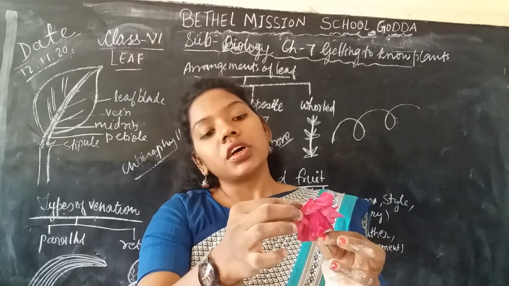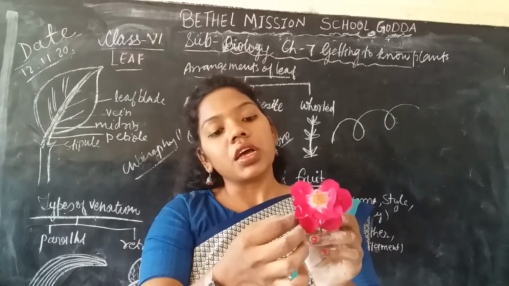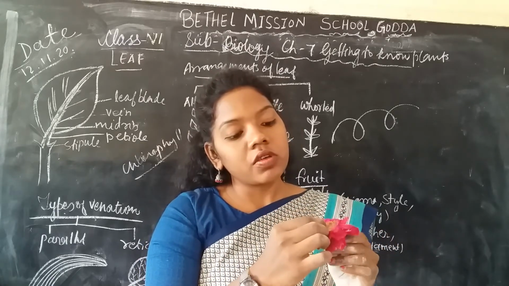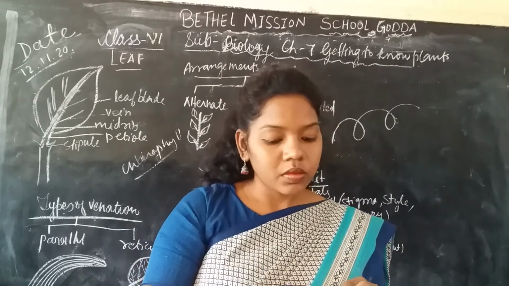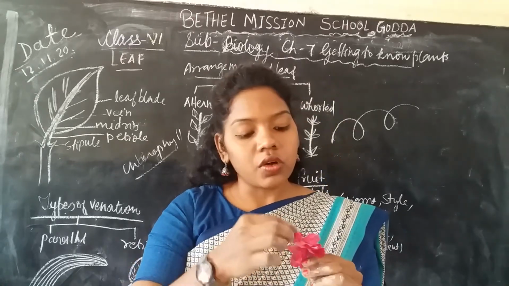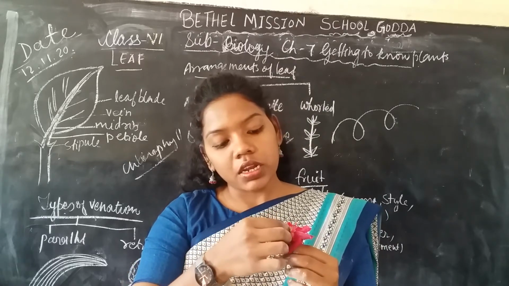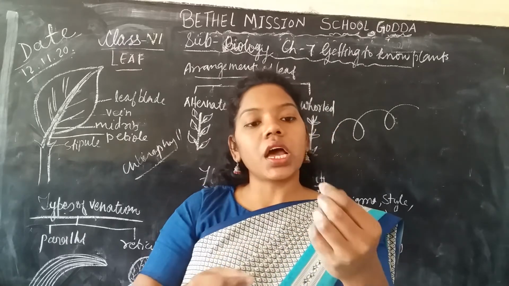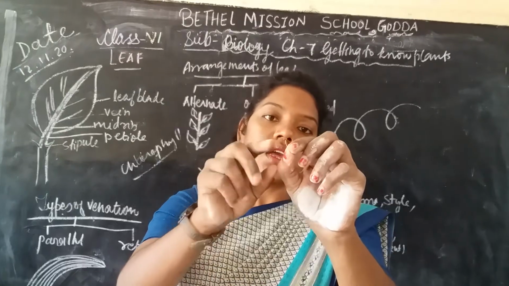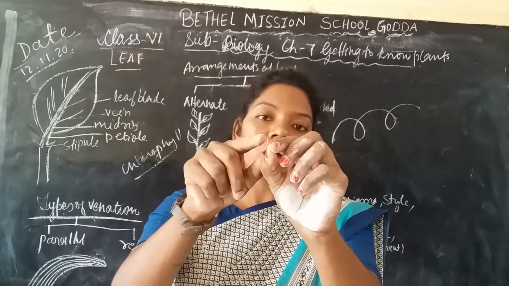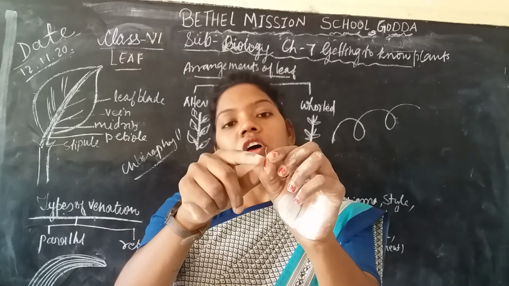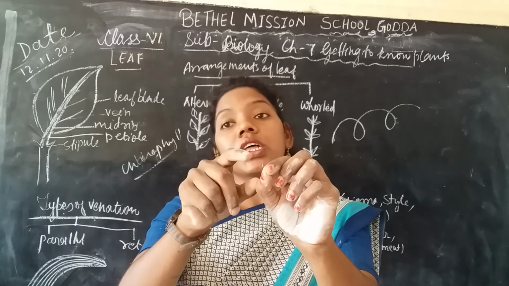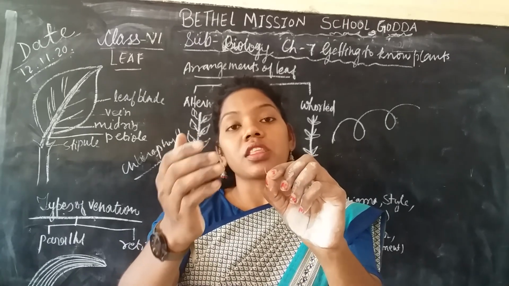One of the important parts I'll take out from here. It is very tiny, you cannot see it properly. The ball shape which you see is called the anther, and the tail part is called the filament. In the anther there are pollen grains, which are helpful for reproduction purposes, when they transfer.